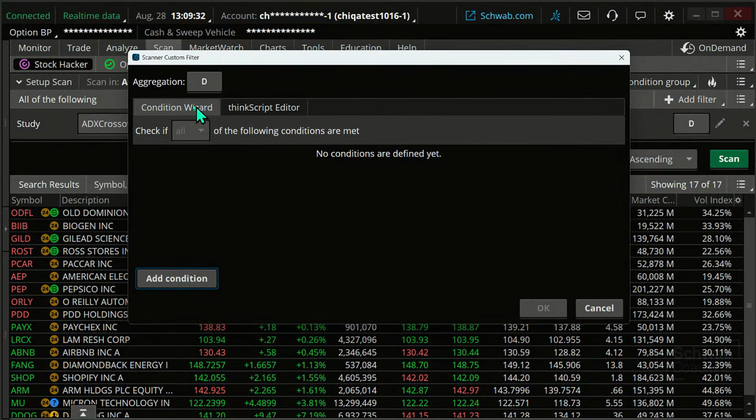Ultimately, after you create it through this condition wizard, which takes you step by step in building it, and I'm going to show that to you, it will actually generate the code, and you could copy that code if you want for the future. Now, let's say you were using some AI or something, and you had AI come up and create a code for you.